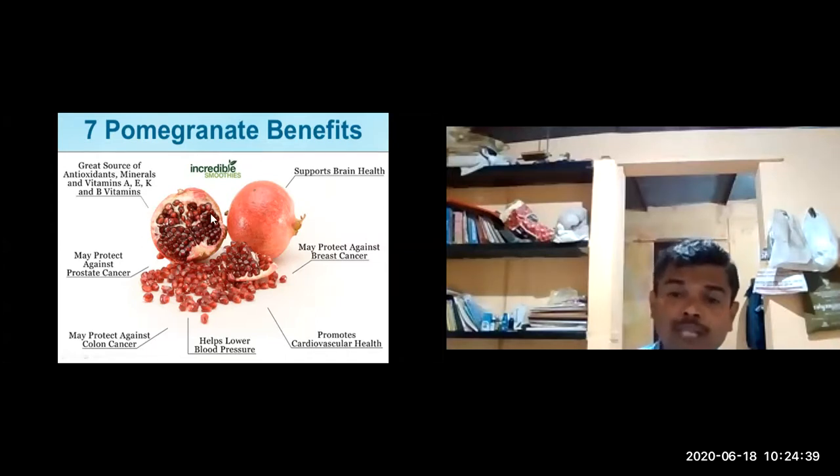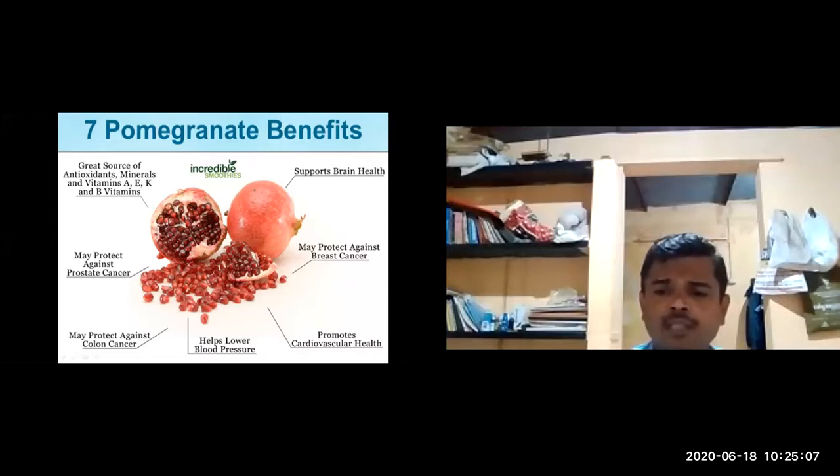So the regular usage of Dadima as a Pathyakari: Pathyam Pato Yadyachuktam Manasah Priyam, Hitakaraha. So it is good for health, as it has antioxidant properties. Also it has anti-cancer activities. Okay, so it is a great source of antioxidants, minerals, vitamins. I have shown the thiamine. So there are different vitamins present, riboflavin, thiamine.